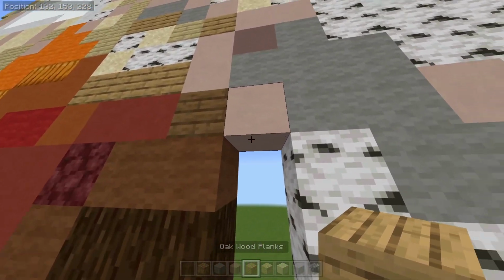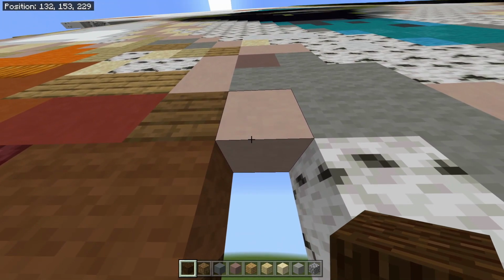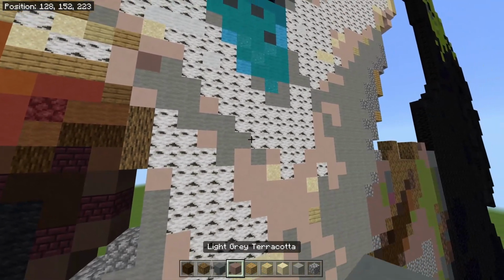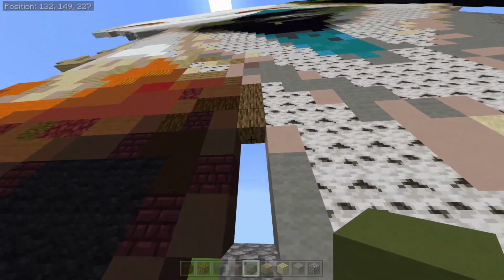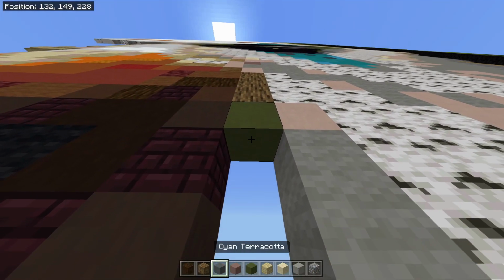Grab this again. So from that spruce plank, you're going to place 3 oak logs going down to the right like so. Underneath that, you are going to place a green terracotta like so. Underneath that, you'll place a...